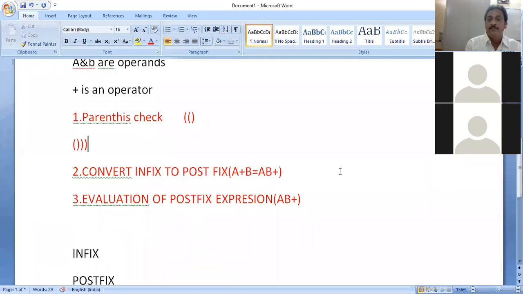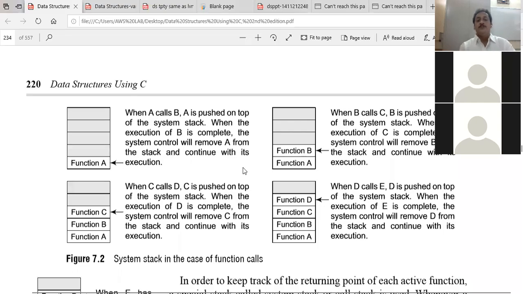We'll go back to the textbook material. Here I share one more thing. This is the textbook example.